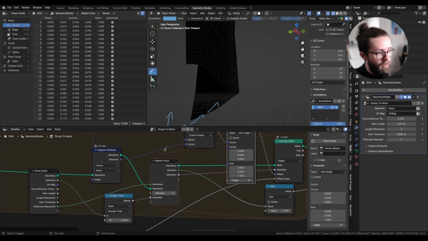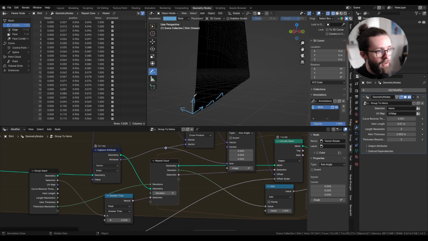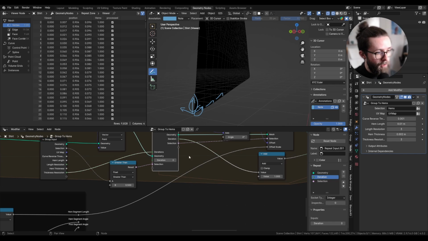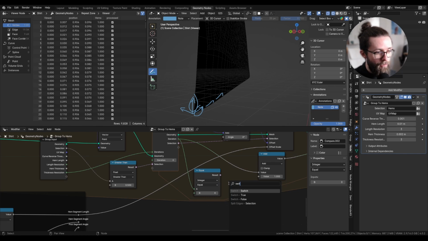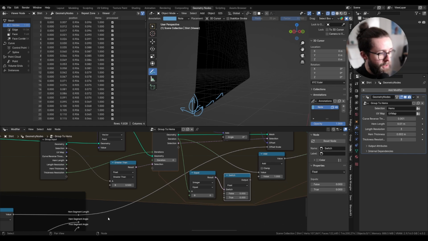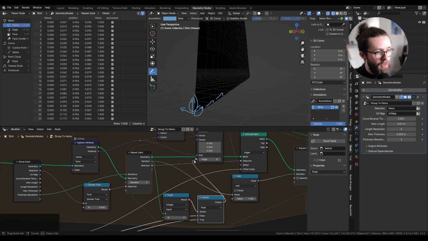Here the axis will be the tangent value we captured before, so we can rotate this vector along this one, and for the angle we can take our two hem segment angle values. Here we just need to check if the iteration is equal to 0. So if we are in the first iteration, then we can go into a switch node set to float: if we are in the first iteration we get the first segment angle, and otherwise we just get this hem segment angle, and you can plug this into the angle of this node